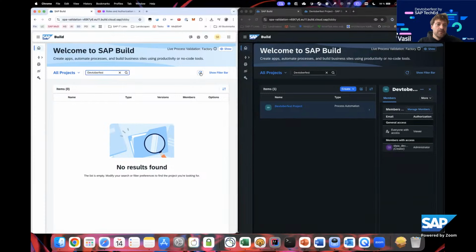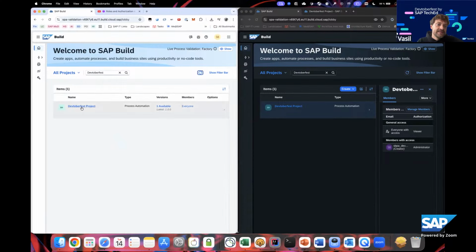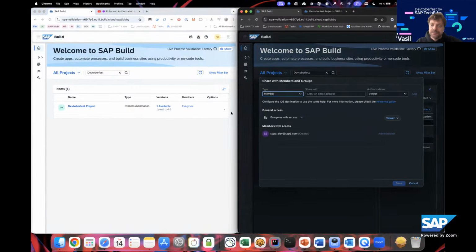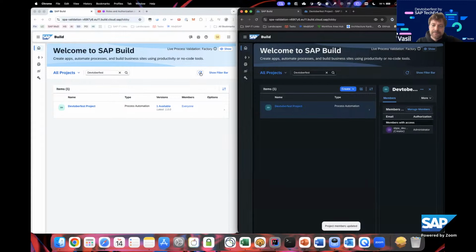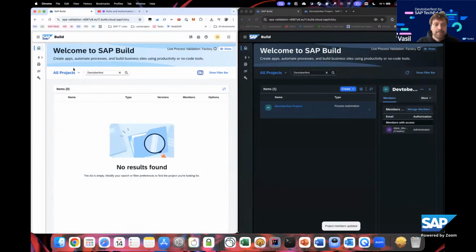And let's check as the delegate. So now as a delegate, I can see the project created. However, this is not what I wanted to proceed with. And let's revert this back to the initial setting, only project members. So the delegate doesn't see the project. And now as the developer,